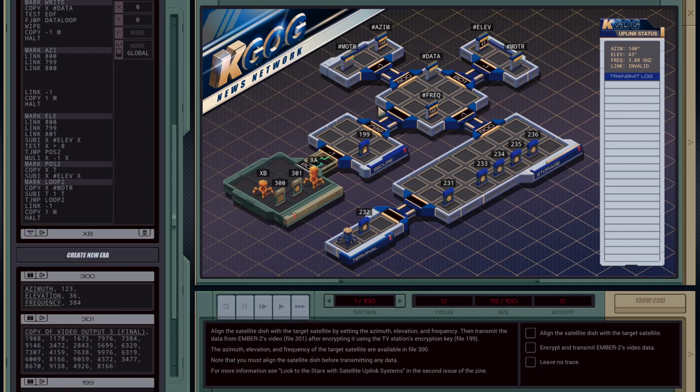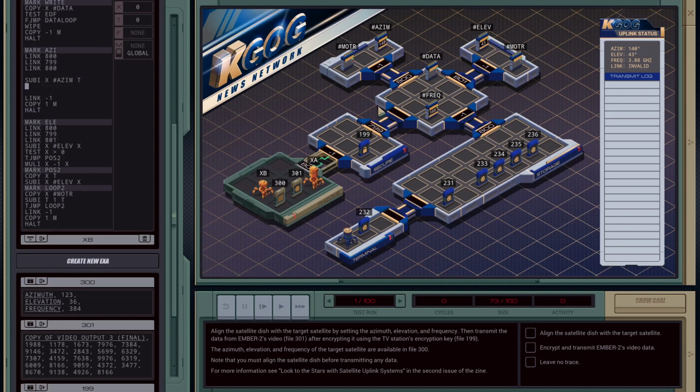Okay, hold on. Let me give this one final effort in that case. Okay. So I have 1, 2, 3. Asim reads 140. That means I need to subtract. So I think I'll start with saying subtract X by asim and store that value in T. In this case, that will store negative 17 in T. But I kind of